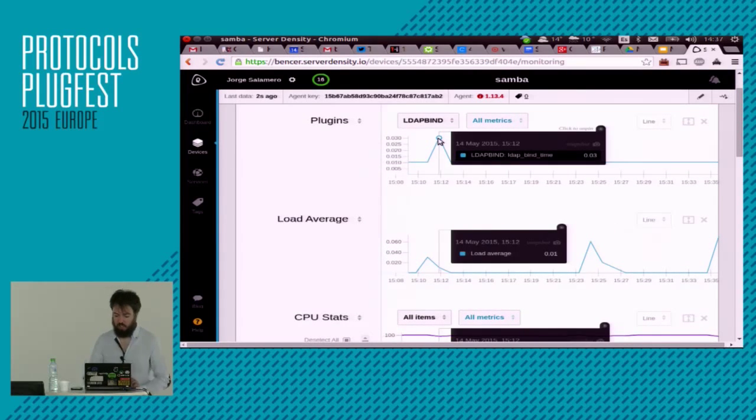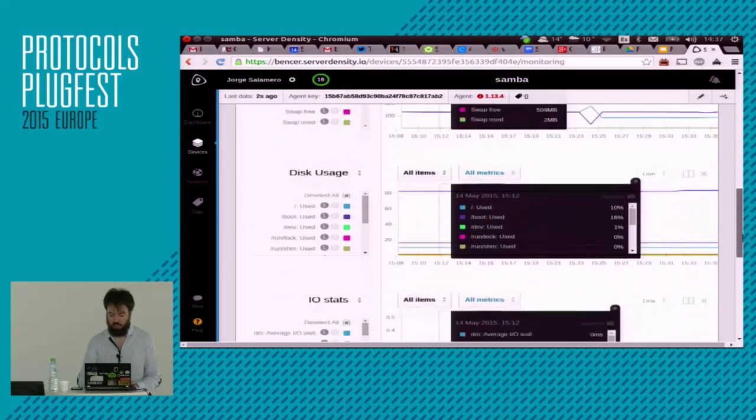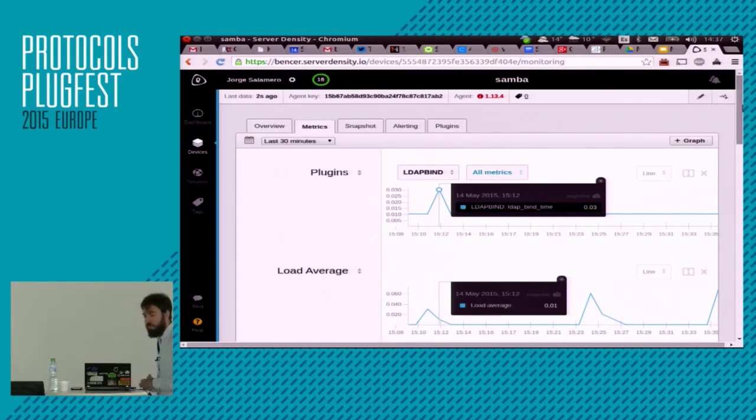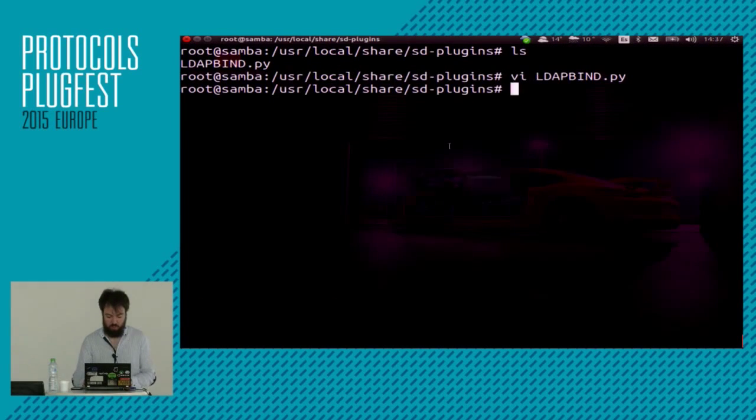And if I click at any point, I will be able to correlate what was happening in that moment across all the different metrics. Okay. That would be a quick example on how to install a plugin, very specific for Active Directory, and how to get notified of that information. We are going to just demo how to